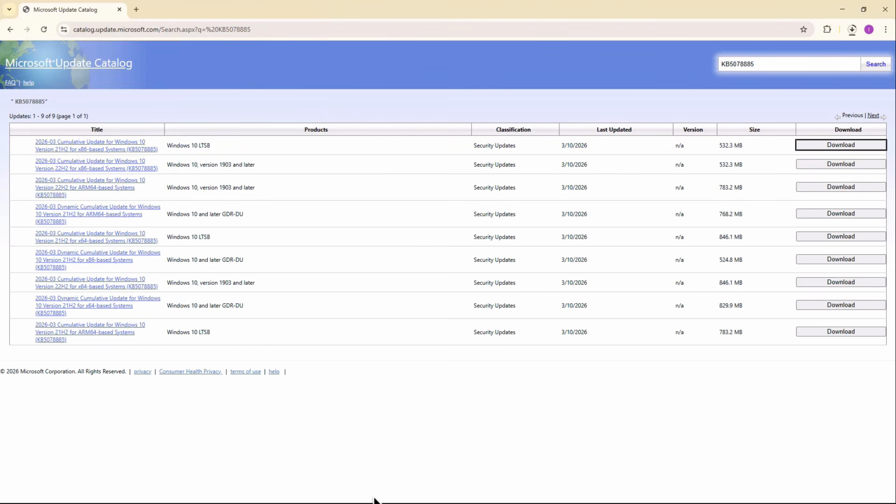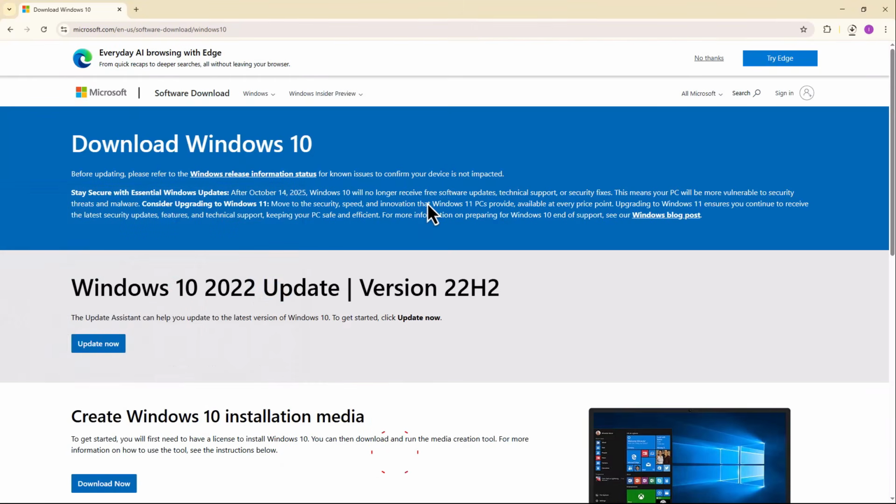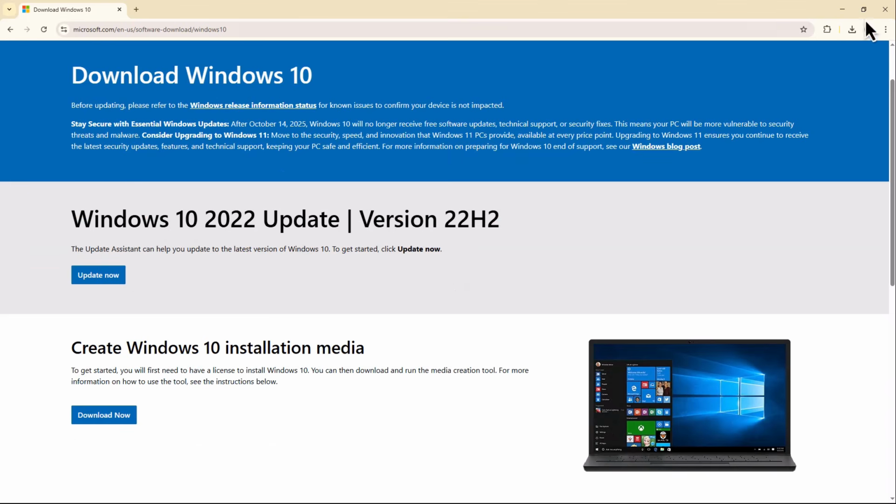As a last step, you can use the Media Creation tool to upgrade Windows while keeping personal files and apps. One of these methods should help you install the update